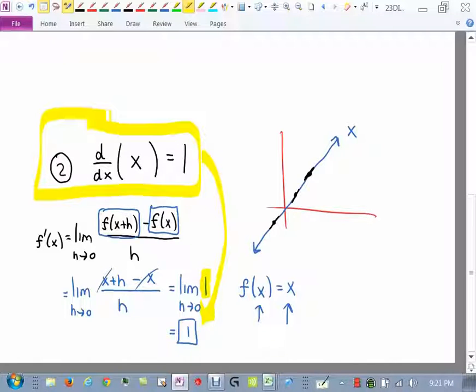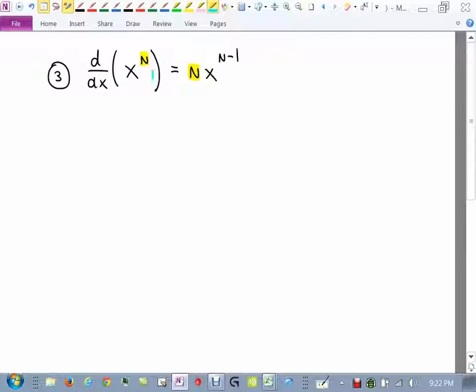All right, the next formula is a very powerful formula. It's called the power rule. It says, what is the derivative with respect to x of not just x, but x raised to some power, n? And the answer is n times x raised to the n minus 1. So what I want you to see happens here is that when you have x to a power and you want to take its derivative, the power comes out front. The x remains as the base,